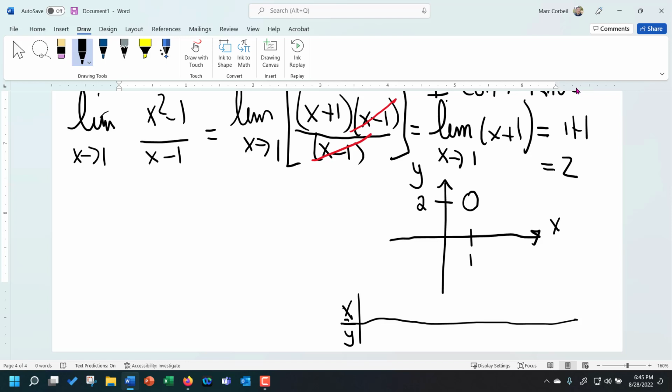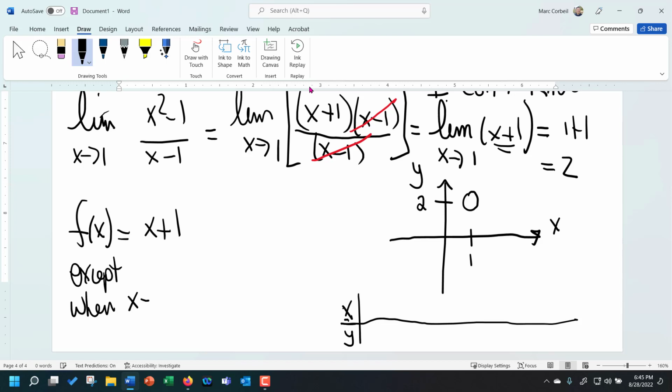In fact, this function literally is x plus 1, except when x is equal to 1. At that point, the function is still undefined, but the rest of the function behaves like x plus 1,